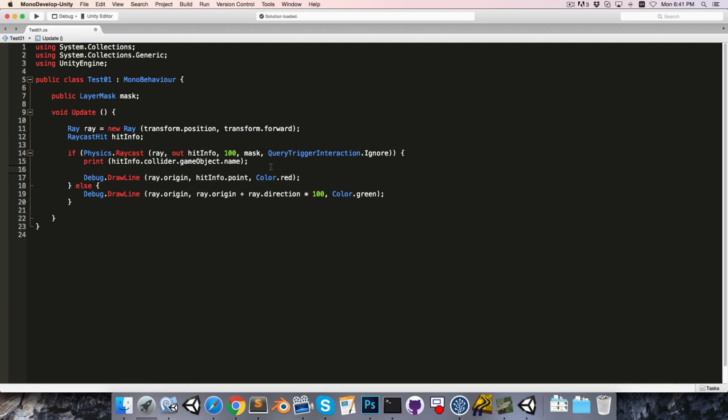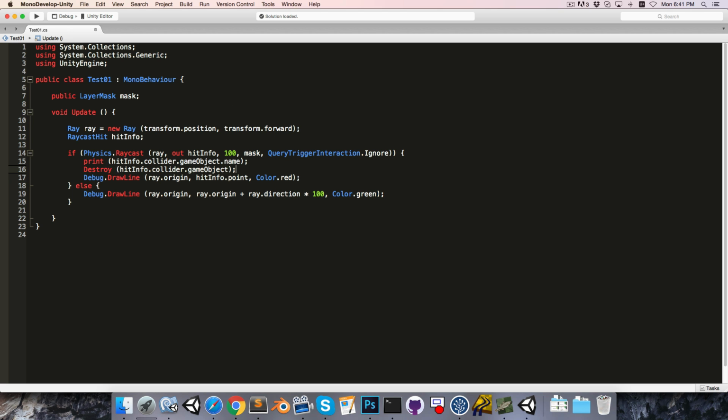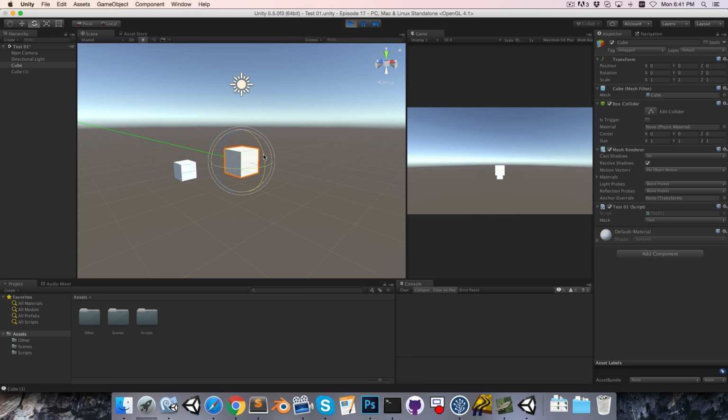So let's try doing that. You can say destroy hitinfo.collider.gameObject. Or alternatively, you can also go through hitinfo.transform.gameObject. Let's save that and run this now. And so as we rotate this, as soon as it hits,